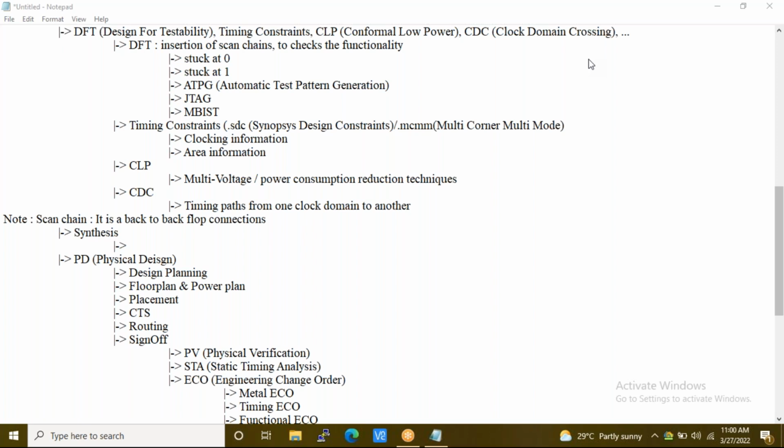Now the question comes, what happens if I don't use the synchronizer between clock domain 1 and clock domain 2? Like in the bus example, what happened? You directly jumped into the bus. There is a very good chance that you will fall down. Accident, right? Same way, let's say you are getting down from the bus and you directly jump without doing anything. What will happen? You will surely fall down.